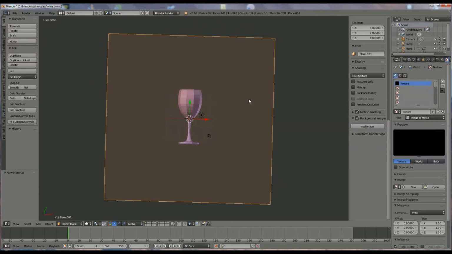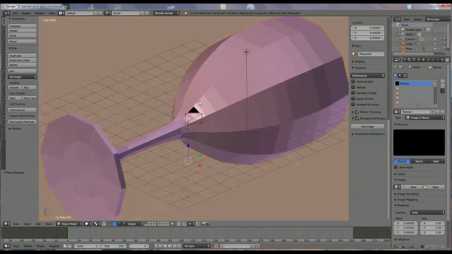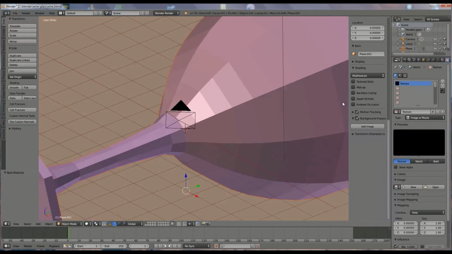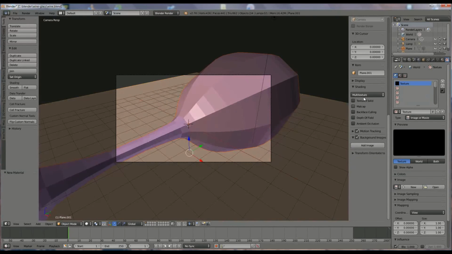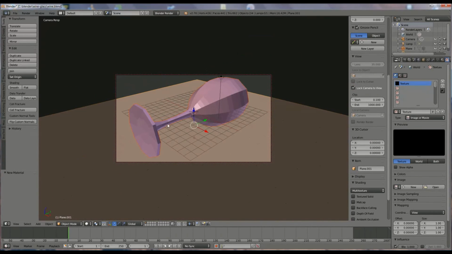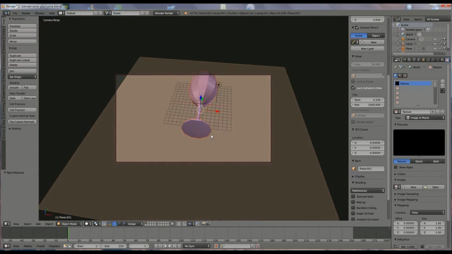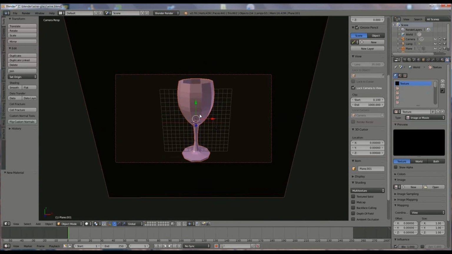Now we go back to the camera view, 0, where we're going to select the glass and the plane. Shift, of course, this glass, Shift plane. And now we're going to go back again over here, where we say lock camera view, like this. And now we're going to rotate, but I think everyone already knows how to put your object in front of the camera. Like that. Okay, just unlock